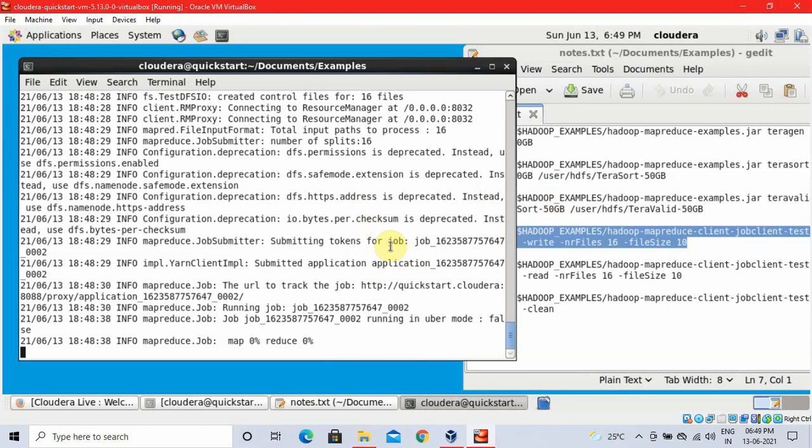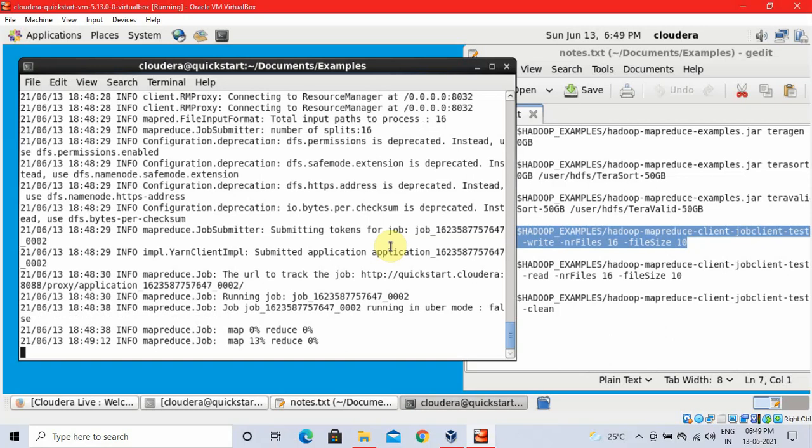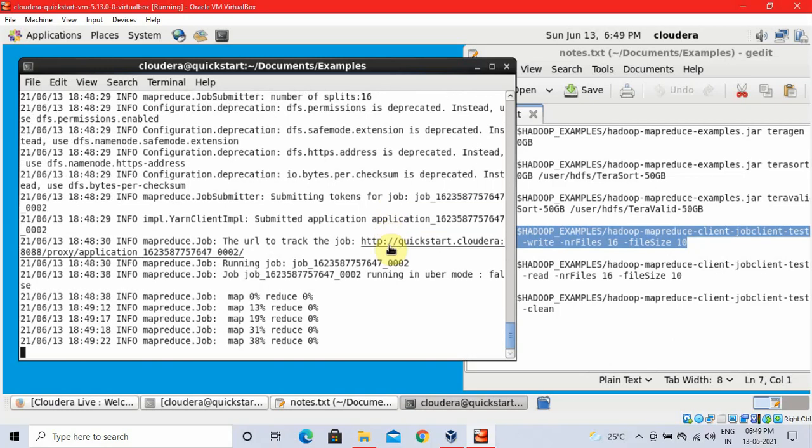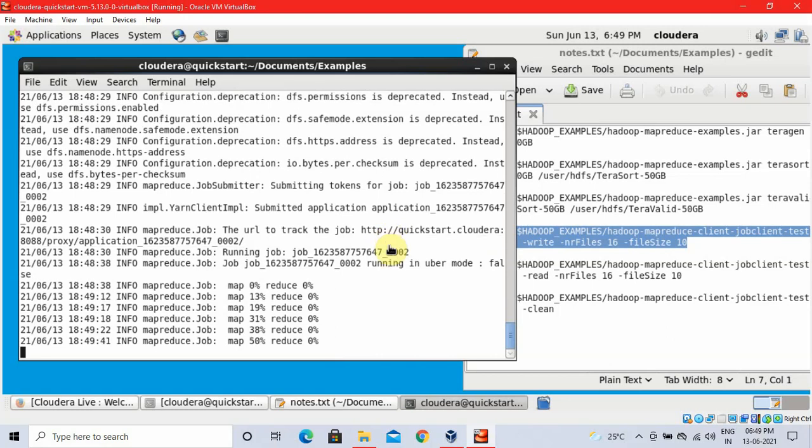And then the third step is, whatever files we have created, we are going to delete them. For that, the third command is to clean up the TestDFSIO data files. For that you have to give the command -clean. So here we are running only 3 commands. TestDFSIO is nothing but input output. First we are doing it in write mode and creating the data. The second is we are running that in read mode, and the third step is we are cleaning up the data.